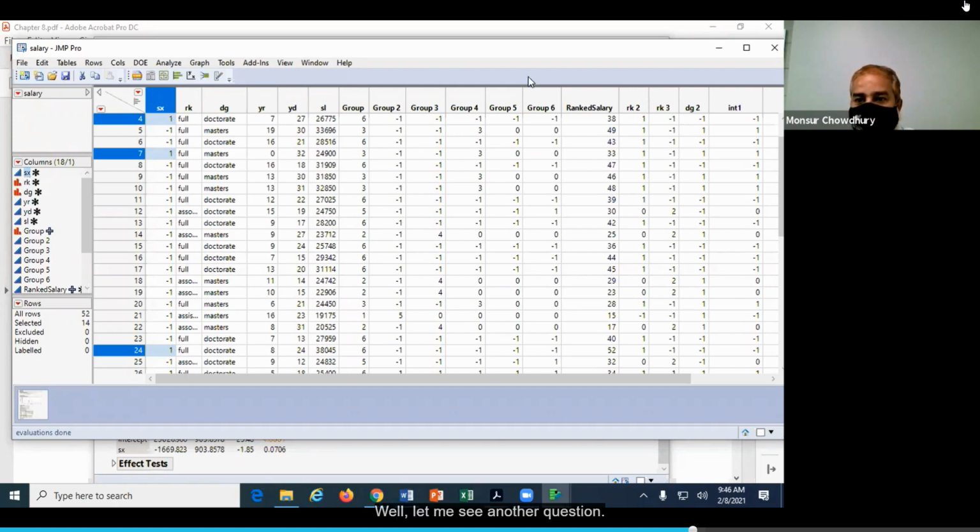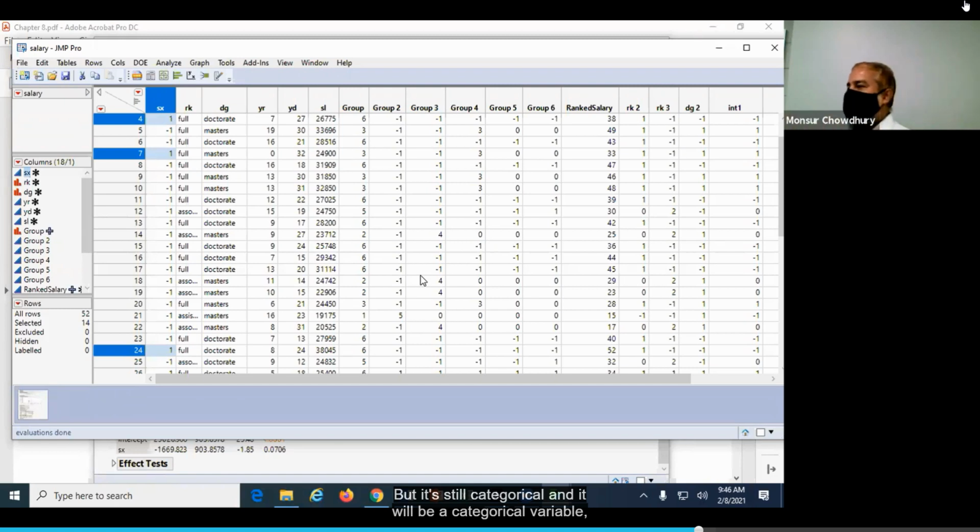So let me see what another question is. Isn't this a categorical variable? Yes, Priyanka. Thank you for asking for a clarification. Yes, it is a categorical variable. But we give it a numeric coding, so I am just telling JMP to treat it as continuous.